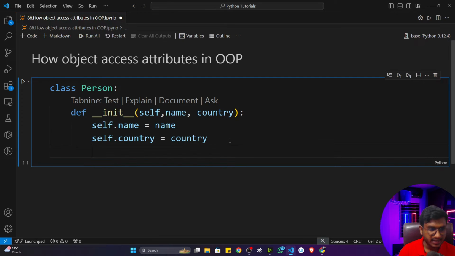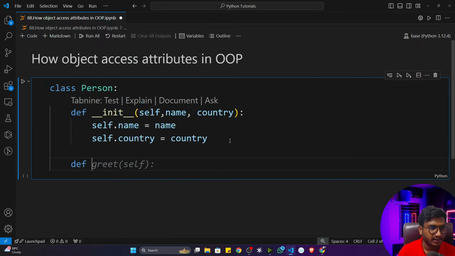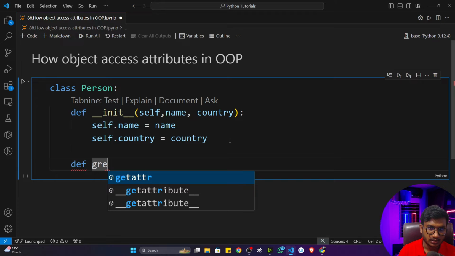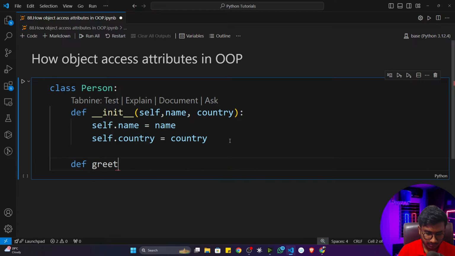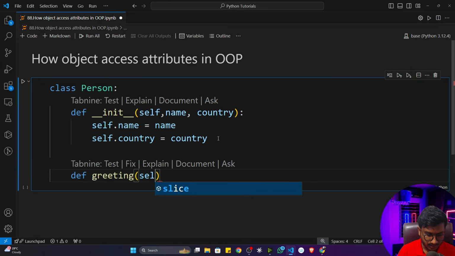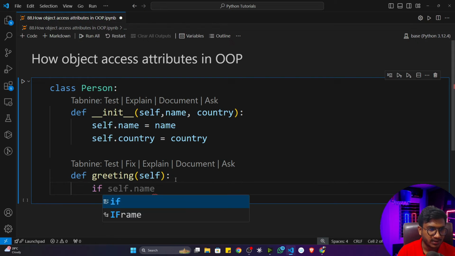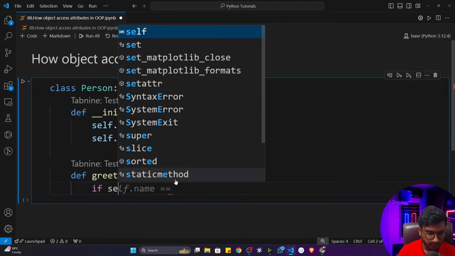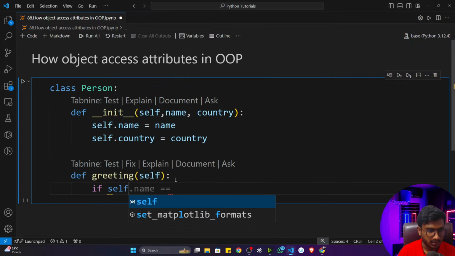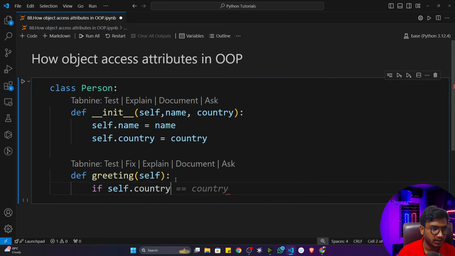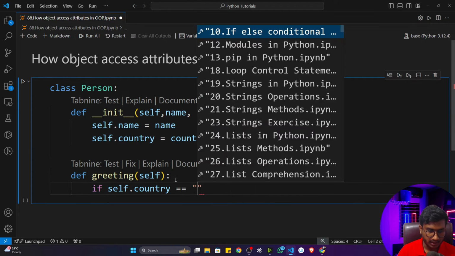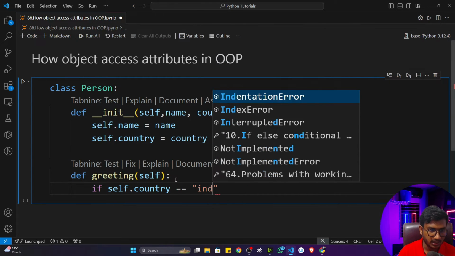Now inside this class I'm going to create a method and name it greeting. Again, it's a property of the Person class, so I have to give self here, and inside this method I'm going to write one small logic. I'll write if self.country is equal to India. Okay, if it is India,